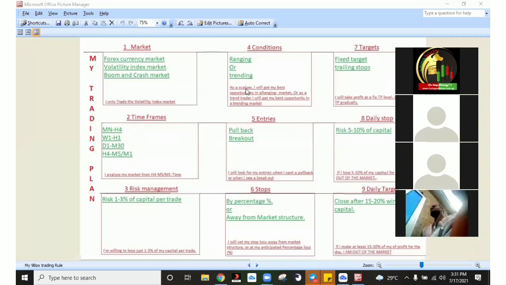Number 4 says, as a scalper, I will get my best opportunities in a ranging market, or as a trend trader, I will get my best opportunities in a trending market. Now, number 5 is your entries. What kind of entries do you want to take? Do you want to be taking entries